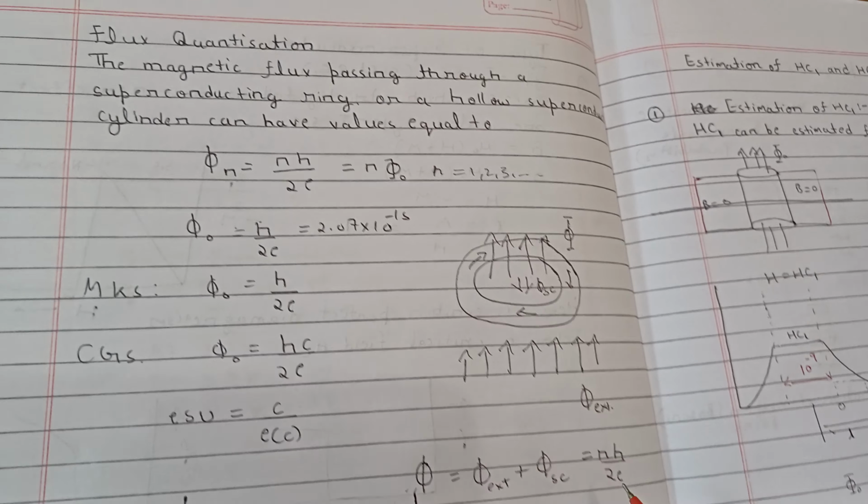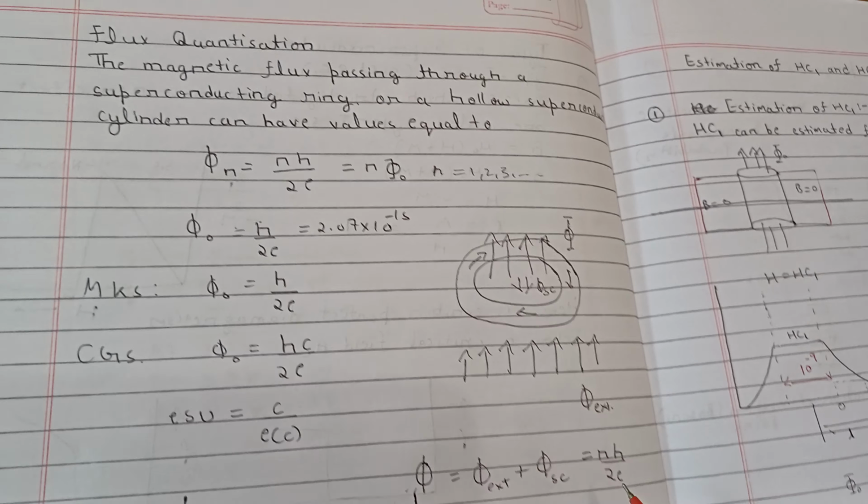From h by 2e we know it is the value of the fluxon, which we studied just before this, and we denote the fluxon by the symbol phi naught, and n will be 1, 2, 3, 4, 5. So it is saying that flux is quantized in units of phi naught. Phi naught was h by 2e, which forms at SC1. Now we have the value of the fluxon in 2 measurement unit systems, that is metric and CGS. So in the MKS system we know phi naught is h by 2e,